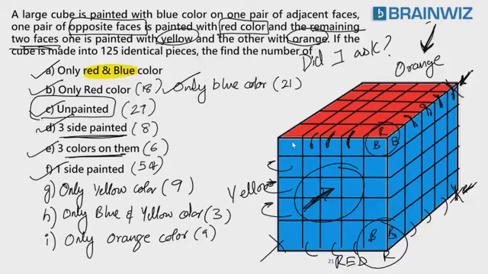Unpainted. Come on, tell me. How many are unpainted? 27. Do you want the diagram? No. Without the help of diagram, you can do 3 questions, students. One is 3-side painted, one is 2-side painted, one is 1-side painted, one is unpainted. Are you understanding, everybody? Yes or no? That's good. If they ask you something in colors, you are supposed to do yes. Okay, everybody, I hope you have understood this multicolor.